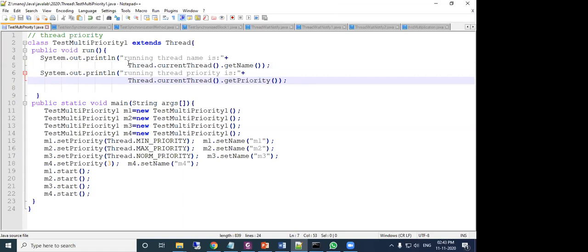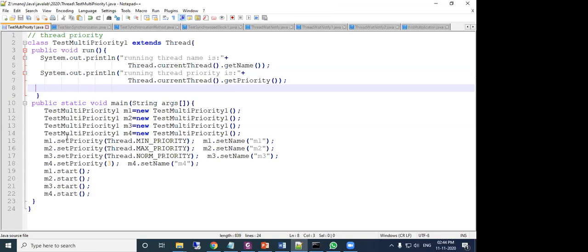Thread.currentThread().getName() is used to get the current thread name. Thread.currentThread().getPriority() is used to get the priority of the current thread. Okay, so these are the methods called in the run method, used here as a sample program.